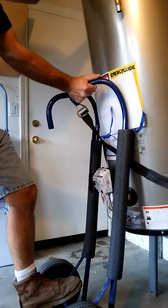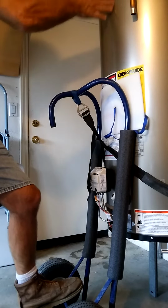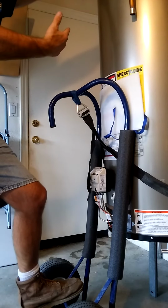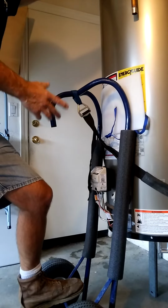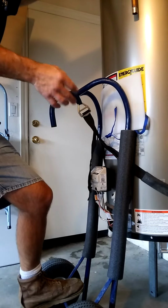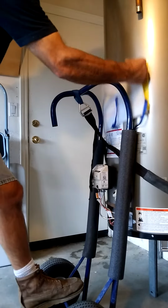Some guys, especially first timers, it's natural. That's going to be a little bit difficult. And everything happens through the middle of the hand truck. The amount of pull that it takes might be hard to discover. So I'm going to show you guys a variation that will help. It may complicate things in other ways, but it'll make it easier to pull the tank back onto the top of the water heater. And what I'm talking about is